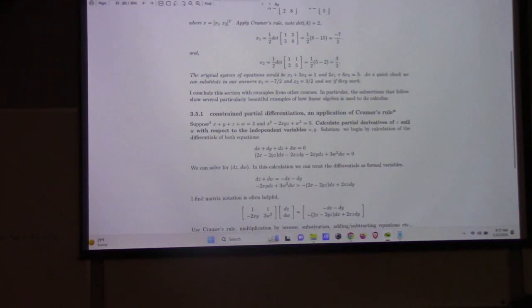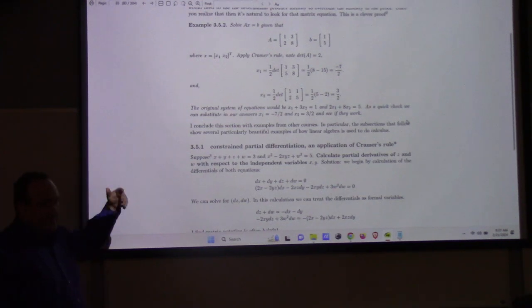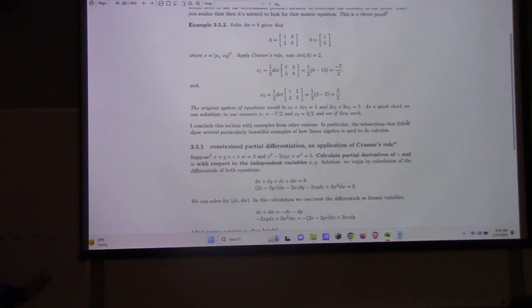But here's a plain Jane example of Cramer's rule for a 2x2 system. I personally wouldn't use Cramer's rule for a non-symbolic numerical 2x2 system. I think it's the wrong tool. On the other hand,